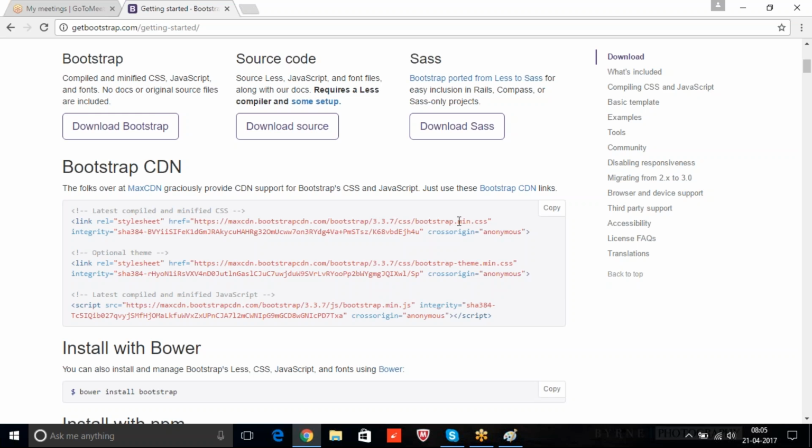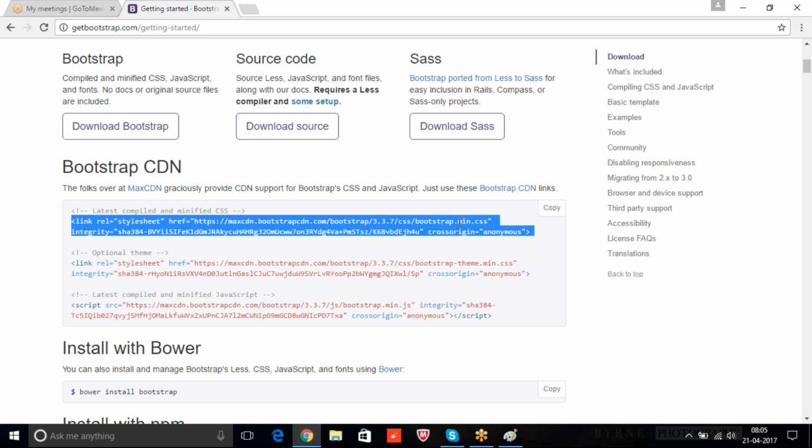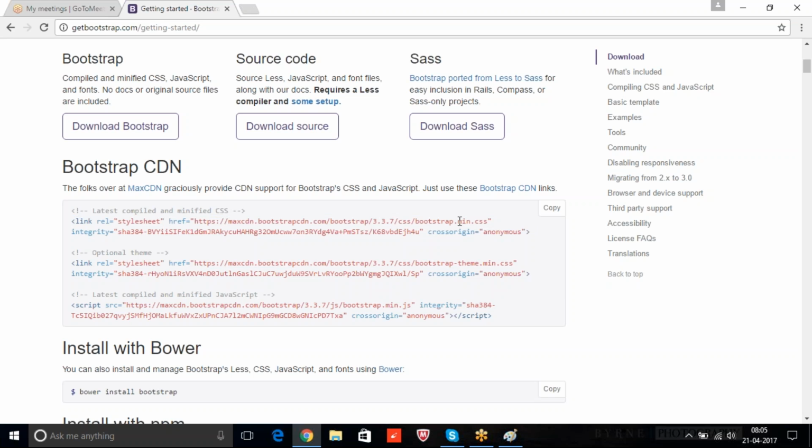It is very difficult when you try to do modifications to the min.css, I mean the minified files. So minified versions load faster, but it's difficult to override and difficult to find where exactly you need